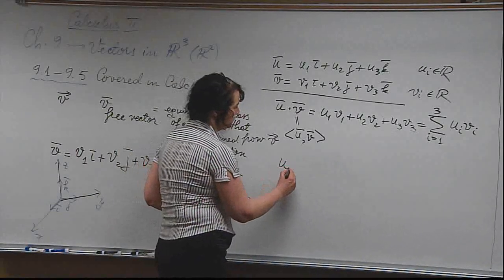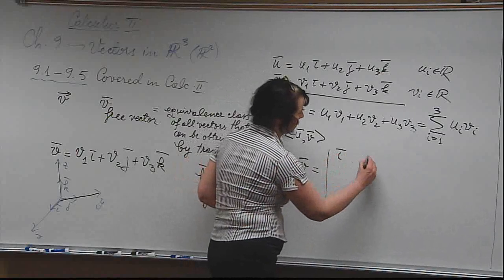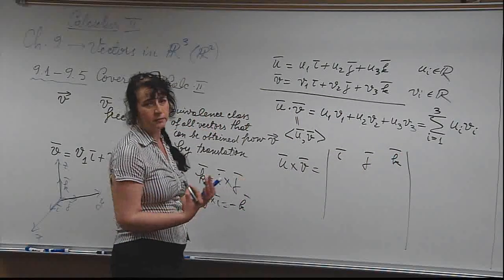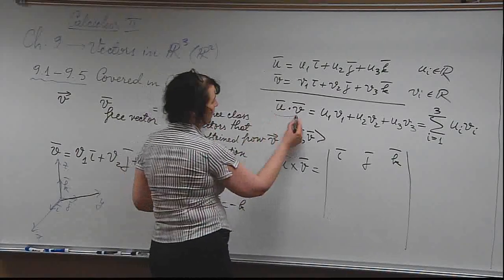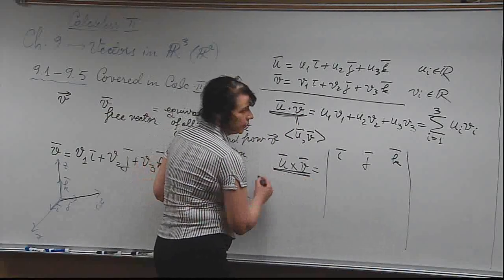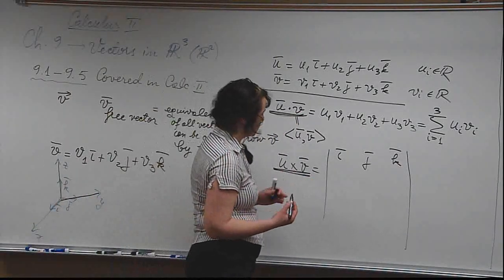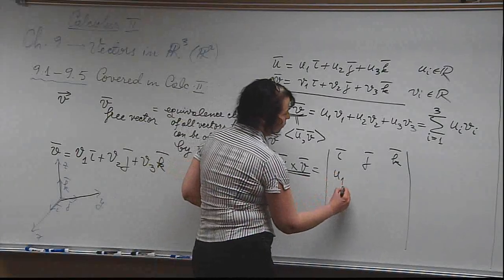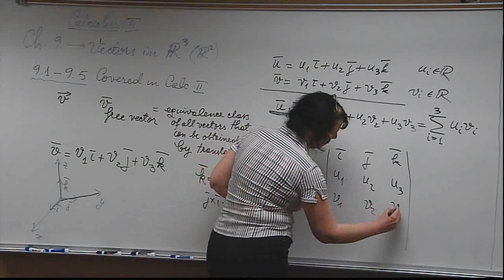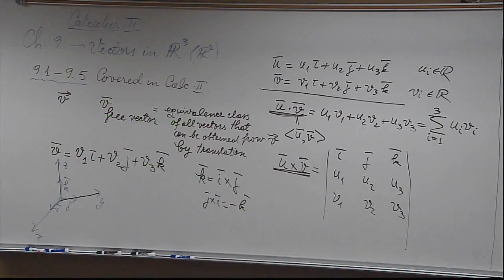Now, about the cross product of two vectors, you had the definition ijk, the first row, so what you get is going to be a vector. Here what you get is a scalar as a result. Here's what you get as a vector, as the result of the cross product of a vector. So you have u1, u2, u3, v1, v2, v3. These are all friends of yours. I'm just reminding you the